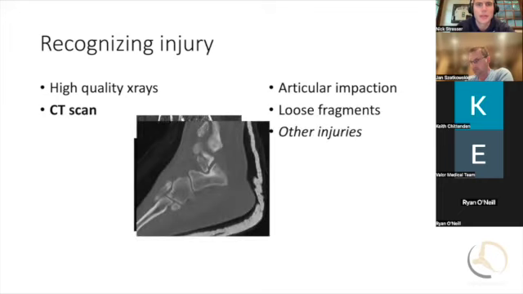The CT scan can also highlight other injuries, maybe looking at the calcaneus, but also looking here, you can see that there's this fragment that kind of comes down farther into what we would refer to as the lateral process. And so that extends a little bit more into the body in this particular case. So just being aware that, using that CT scan to study the full aspect of the